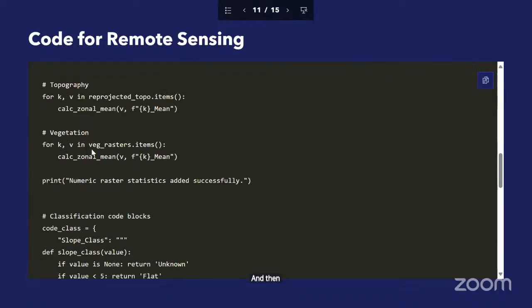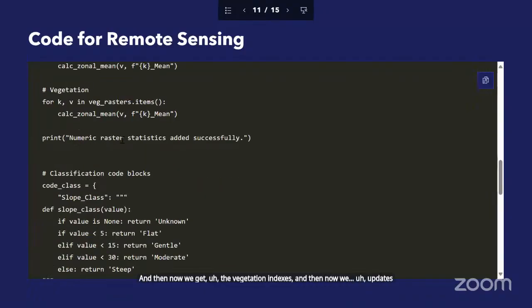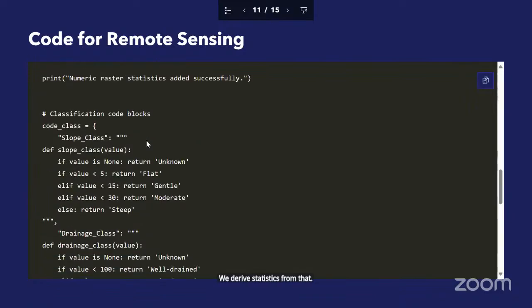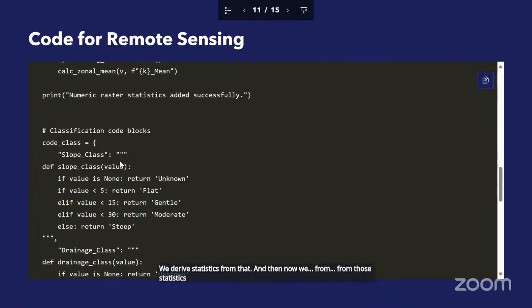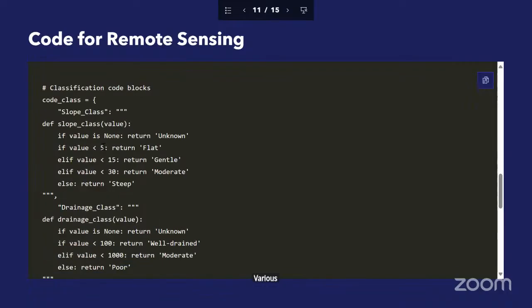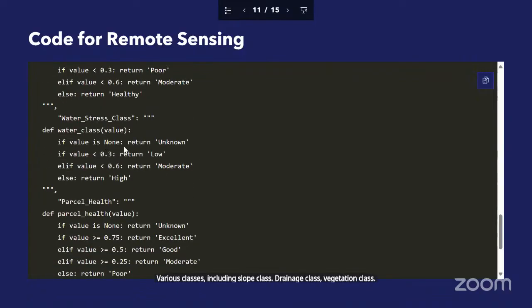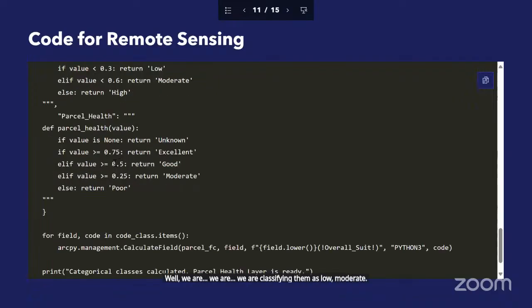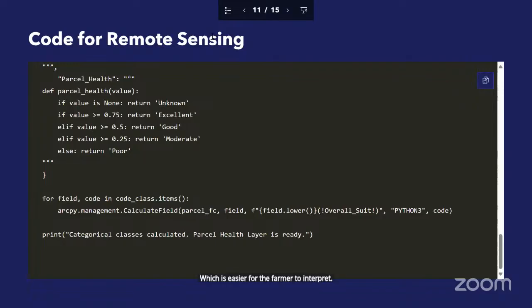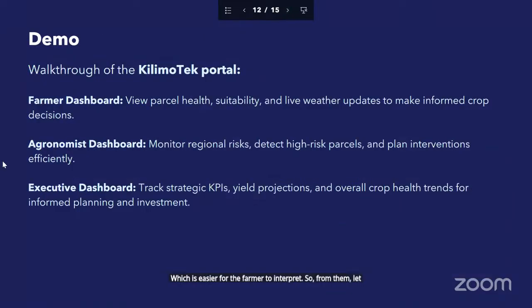Then we get the vegetation indexes, and we get the raster statistics coming from all this into the parcel layer. We derive statistics from that, and from those statistics we are also able to classify this data into various classes, including slope class, drainage class, and vegetation class, where we classify them as low, moderate, or high, which is easier for the farmer to interpret. So from there, let me take you through the portal,